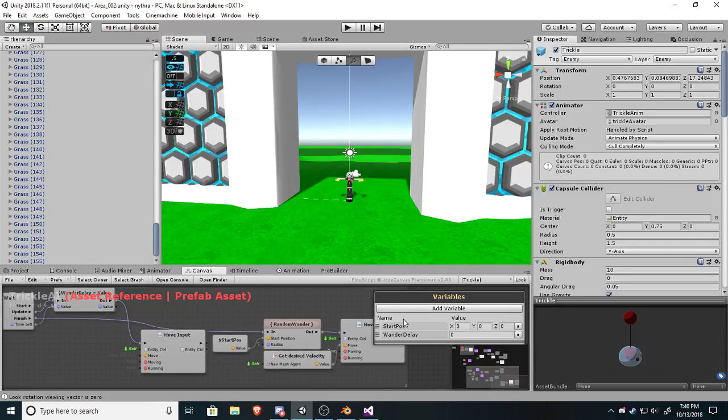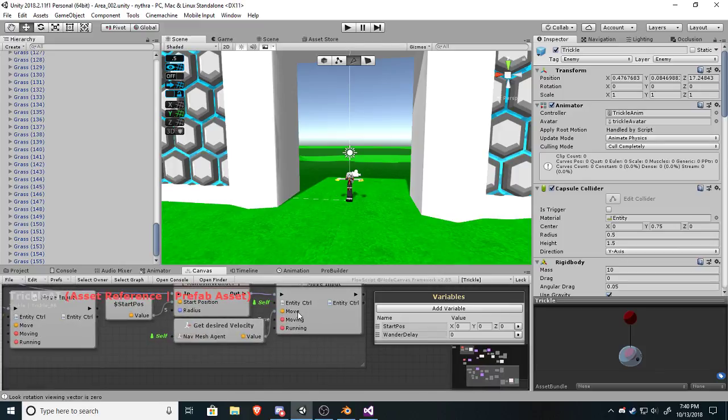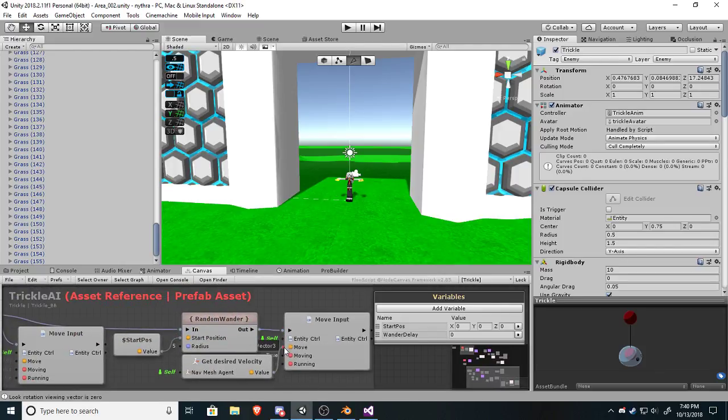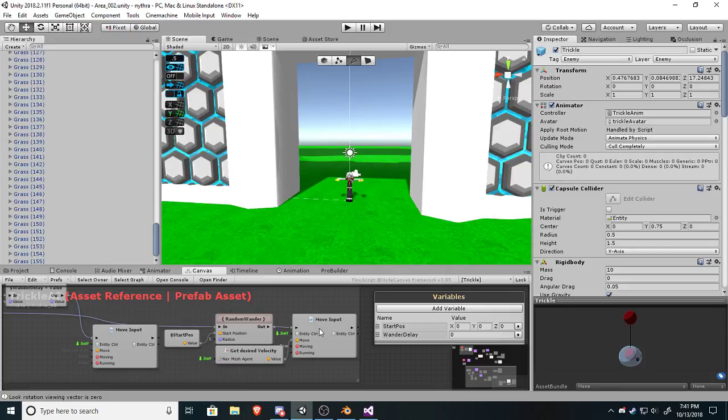One annoying thing about this is that you can create a flow script that can be used by multiple objects, but the blackboard variables here don't stay with it. So you need to recreate this for everything that you want to attach this to, which is obviously kind of annoying. I don't know why they don't have something that you can do to sort of take these with you. But it's nice because you can create your own functions,